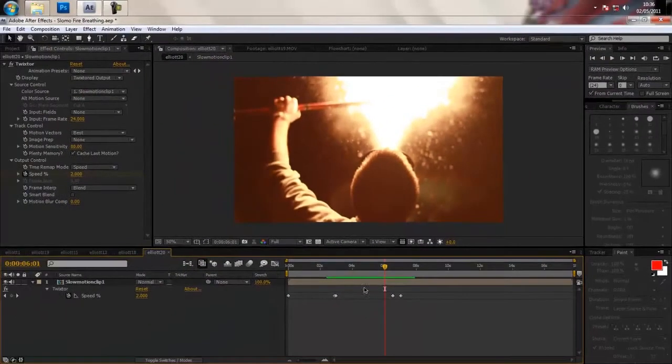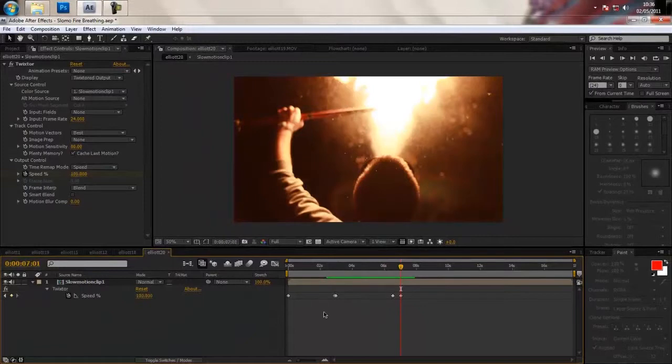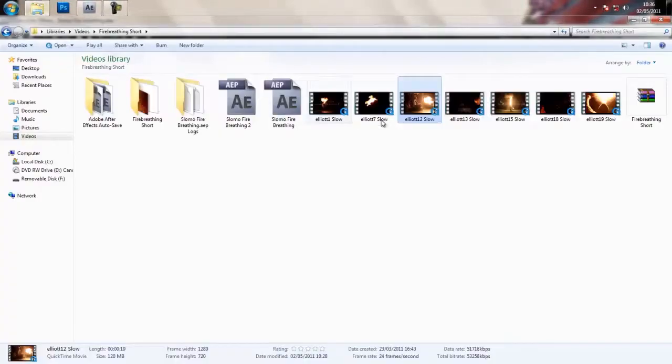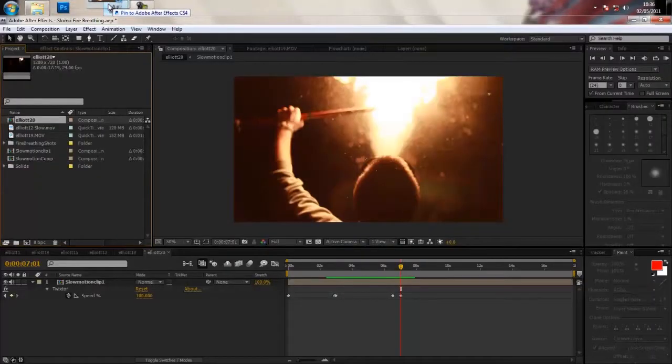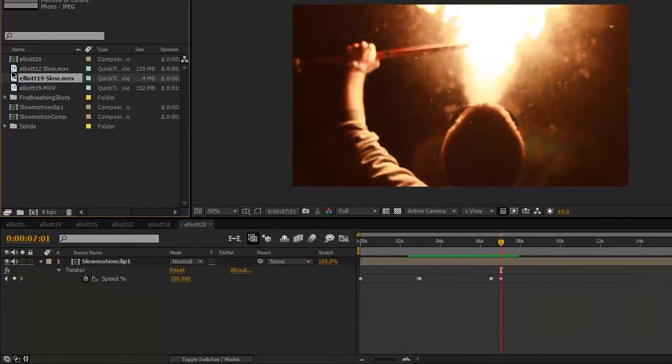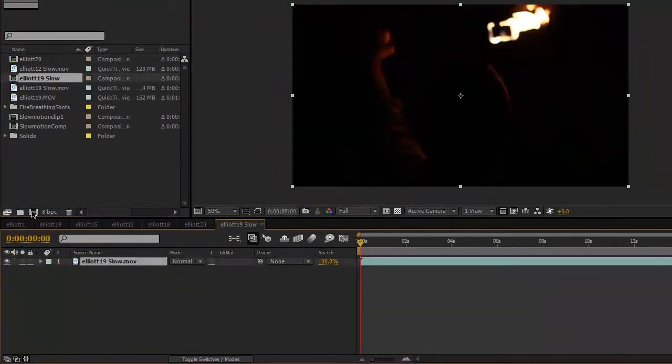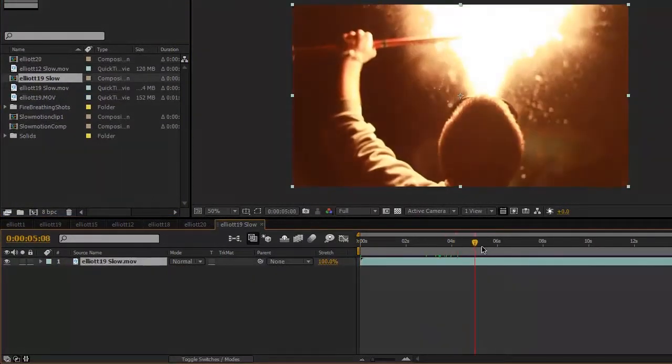So once you've got your clip and you've rendered it all out, you want to bring it back into After Effects. So bring this clip in here and just drop it in, okay, and then put that back into a new timeline. So there, okay, so there's that weird little